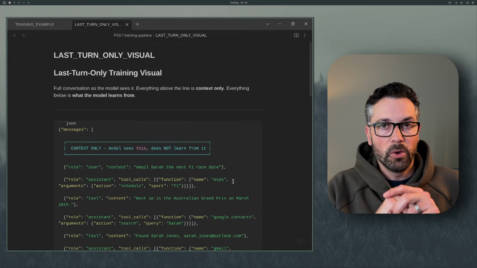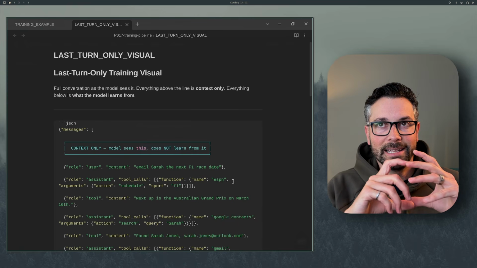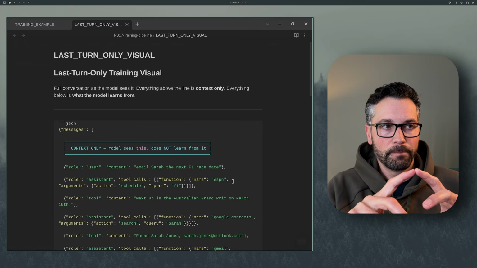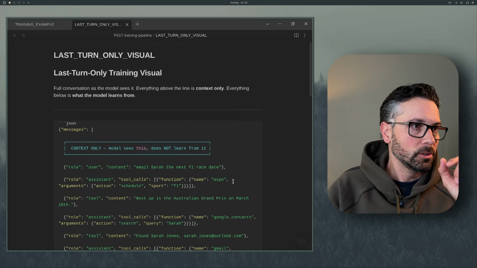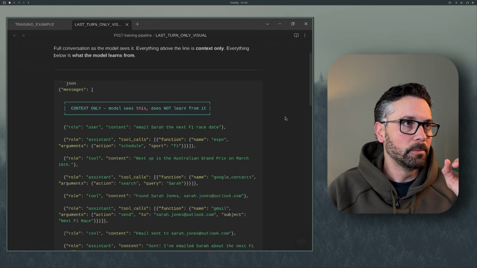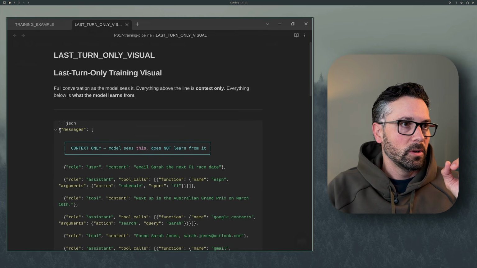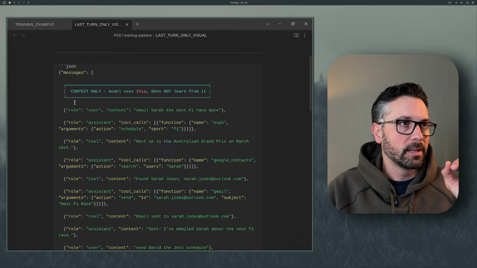You asked it something, tool call. You wanted to know the capital of Japan, tool call. It just fired off tools right away. So I changed the approach a little bit, and I'll show you that here, where it's only training on the last message. So looking here at another example, we include all this context,